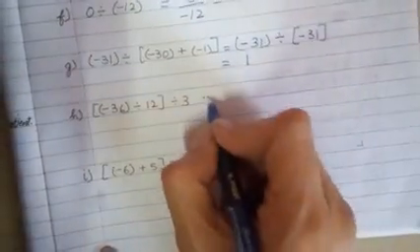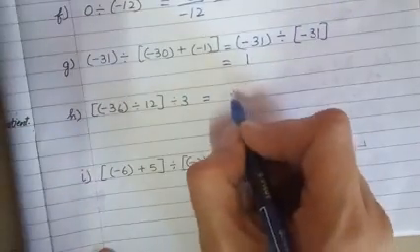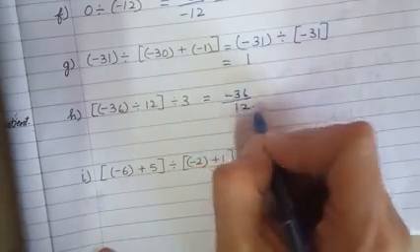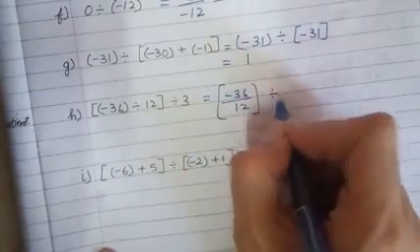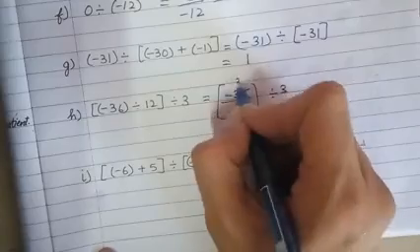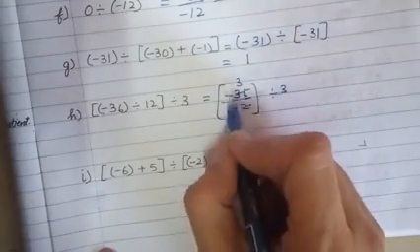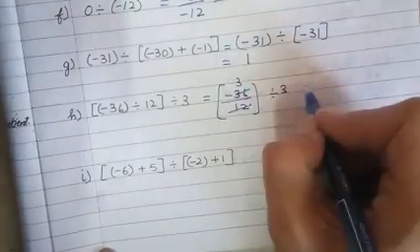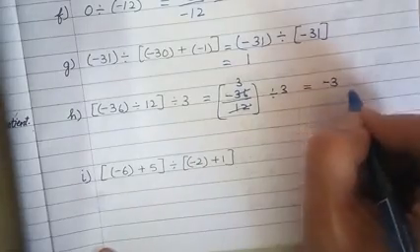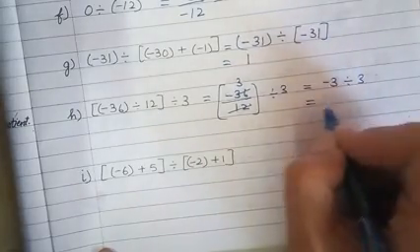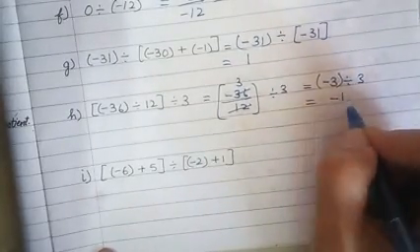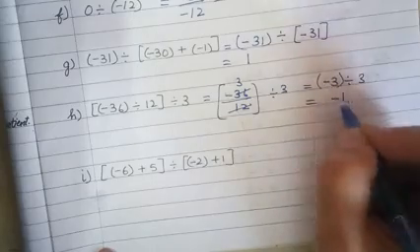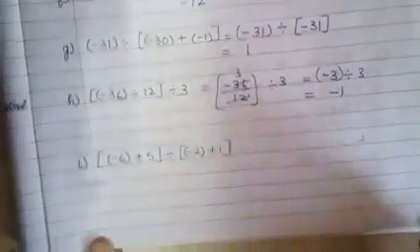Now here minus 36 divided by 12, so here we will cancel, it is 3, and when different signs are there, the quotient is negative, and here the result will be minus 1. 3 divided by 3 is 1, and here different signs, so the quotient will be negative.